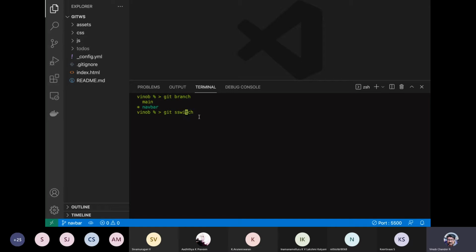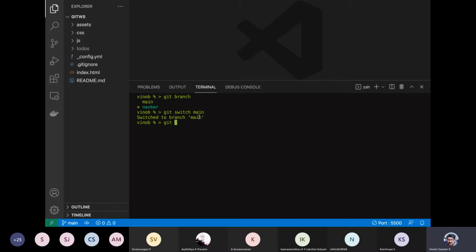So you say switch or checkout, instead of -c as earlier. If you say -c, it is going to create a branch which is exactly the copy of the main branch. Okay. So without this -c, you just specify the branch, and that will switch from a particular branch to some other branch, right? So the branch we want to switch to is main. So you specify the name, you are in main branch now.